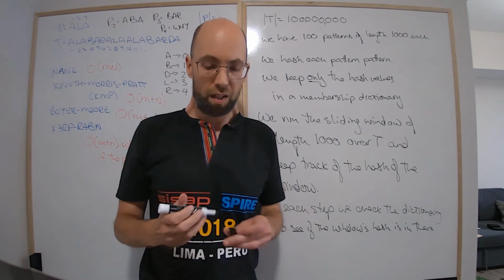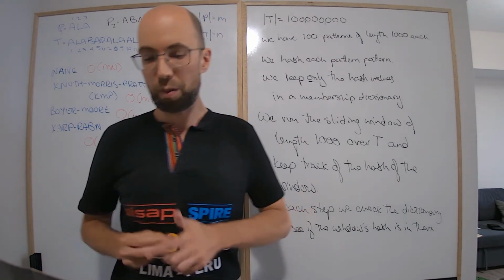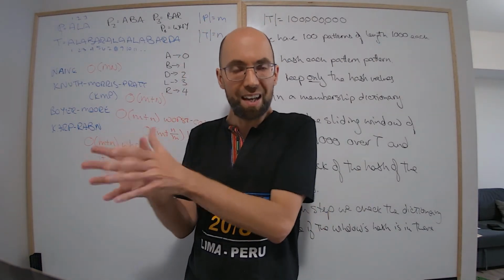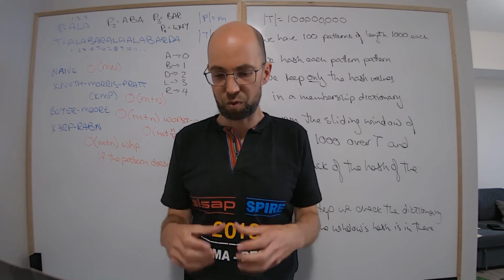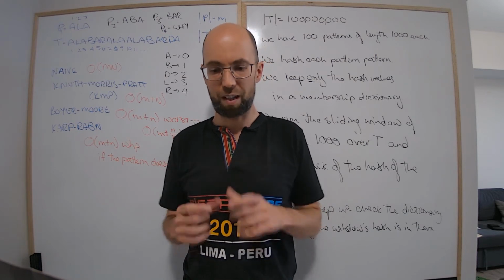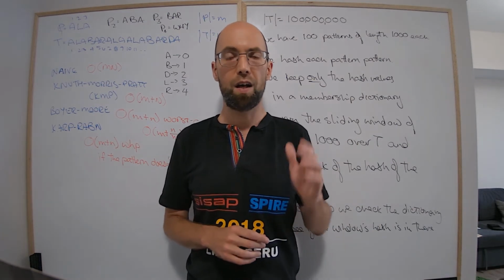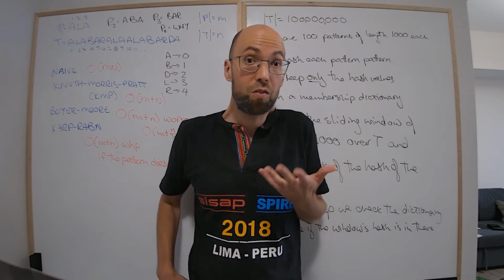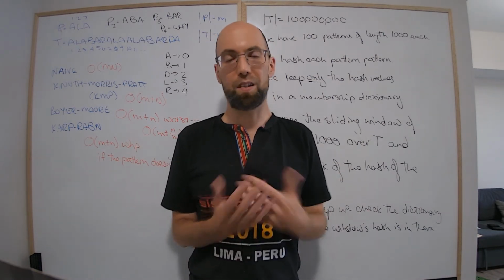So the idea is we don't have to store all the patterns. I mean, maybe we could store them on disk or something, and only if we get a hit, only if we find some substring of the text that gets the same hash as one of the hashes of the patterns, but we don't know what that pattern is, so maybe then we have to go and look it up. But actually, if we just want to know, are any of the patterns in there, and we're willing for there to be a mistake, if one of the patterns is in there, we will definitely say yes. And the chances of us saying yes when it's not in there, we can do this such that it's billions to 1.